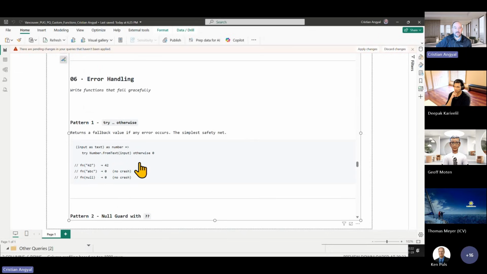Error handling. As I said, it's really, really important to prepare for errors, because in real life, data is never clean. It's easy to say, data is not clean. So we can use the try otherwise pattern, like I just showed you, and you have an example here